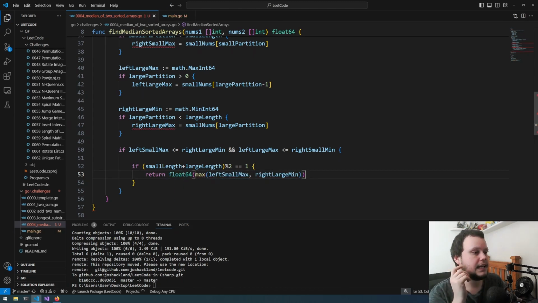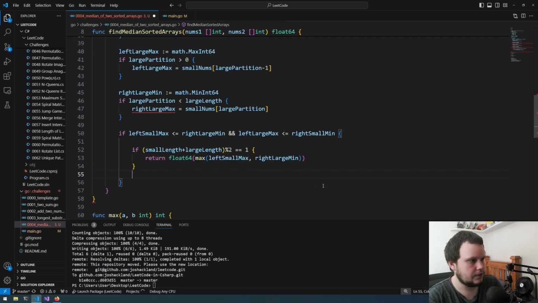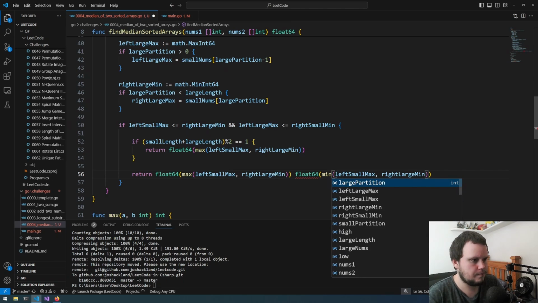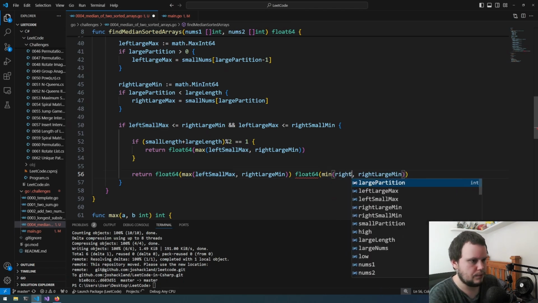So that's if it's an odd amount where we know there's a specific value. What we now need to do is handle when it's even. So it'll be a very similar thing. So we start off with this again, but we now need to do the min of right small min, right small,